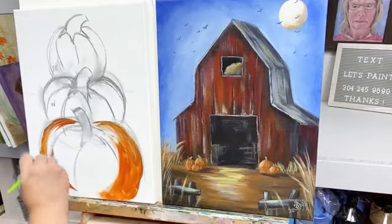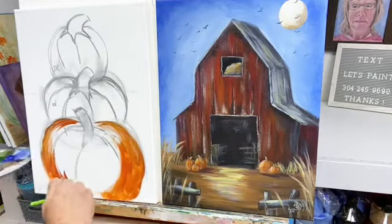Orange and sienna. Just to get my pumpkin in here. And what this